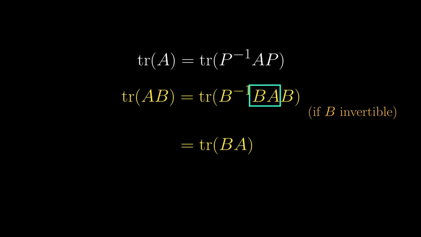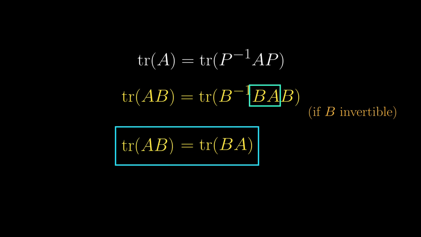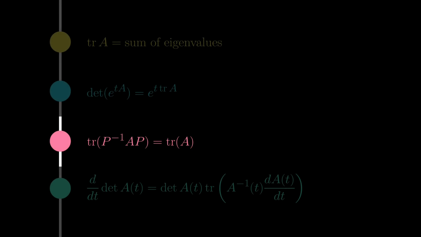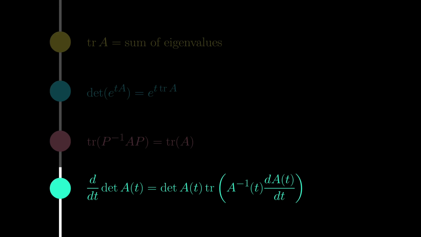Now this property of trace is perhaps more well known, but we have done a bit of algebra to get here. There is a better way, but we will need to introduce the concept of Lie bracket, a story for another time. So we can obtain this property of trace by transforming the whole plane by P inverse, and the final property we will see is this perhaps less famous formula.